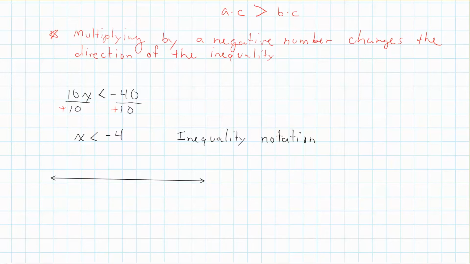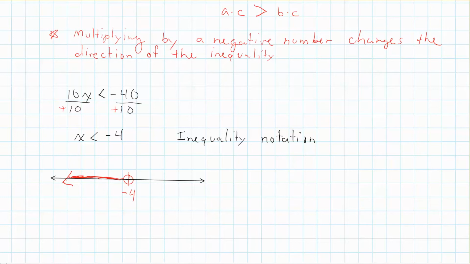So, number line. And then I'm not going to worry too much about scale, but I'm going to put here negative 4. Now, since I'm less than, not less than or equal, we would put an open circle at negative 4, and then we're less than. So we would go to the left, shading that, and then put an arrow indicating we go on forever